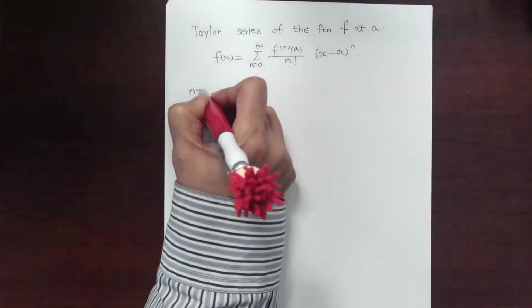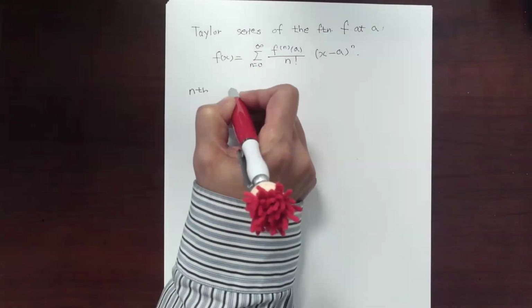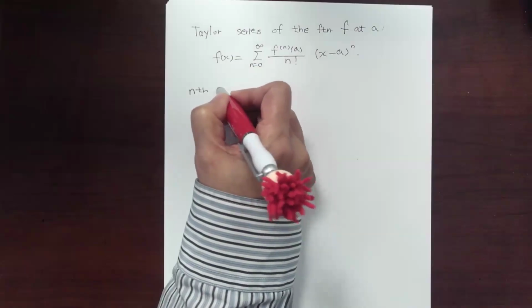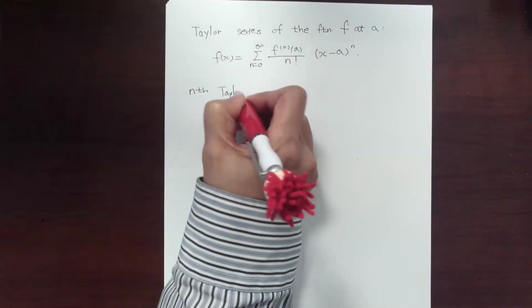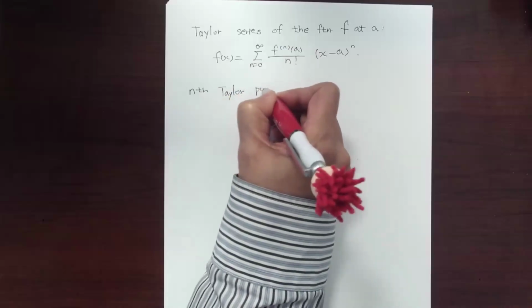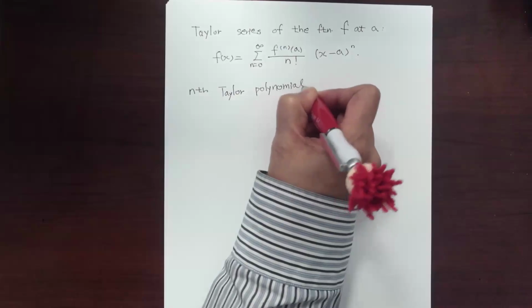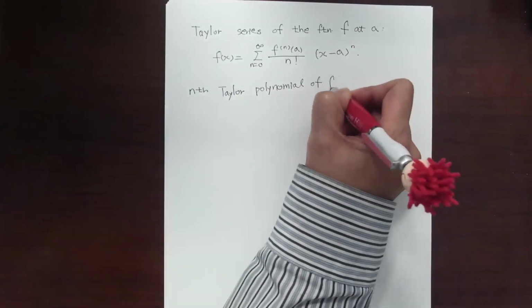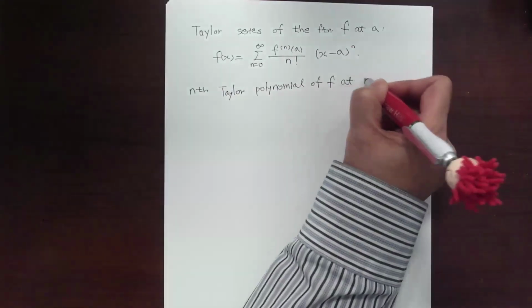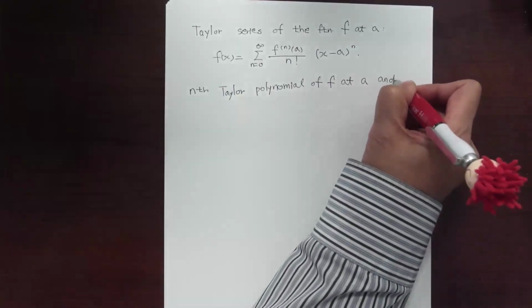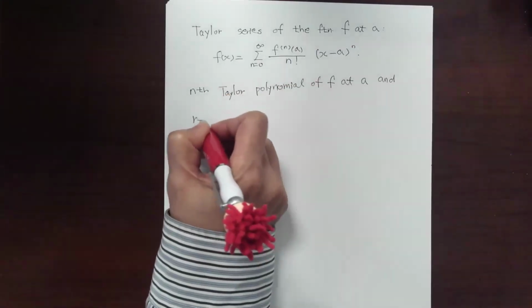When we say the given polynomial is the nth Taylor polynomial of f at a